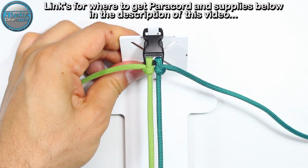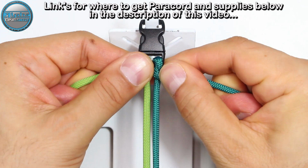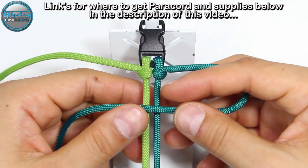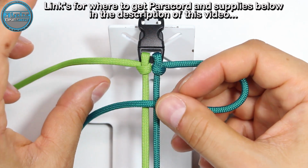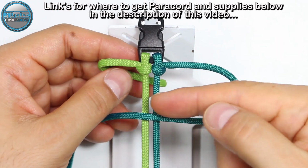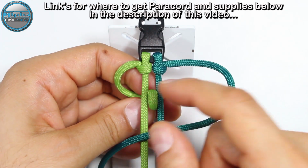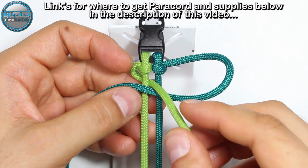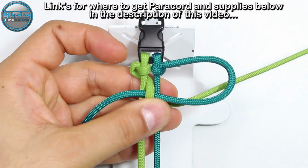so I'm gonna zoom more a bit and we'll start. We're gonna take the right side cord and pass it on top of those two cord strands, and now we're gonna take the left side and pass it through the middle, so from the back through the middle, between the cord strands, then on top of the right strand, through the middle and to the back side,